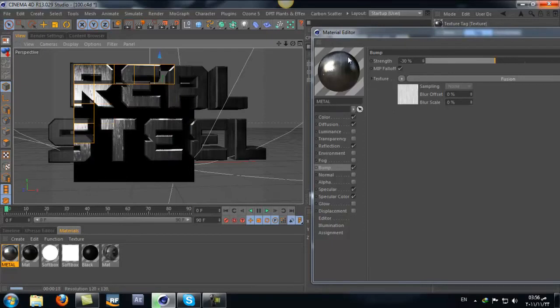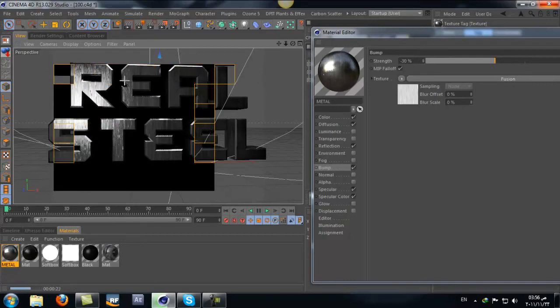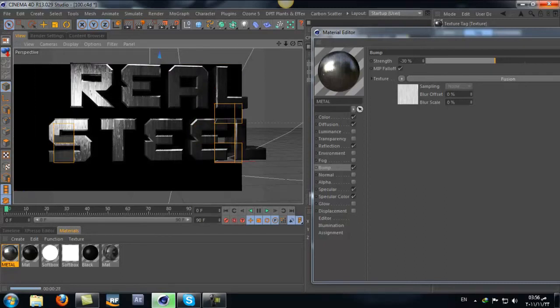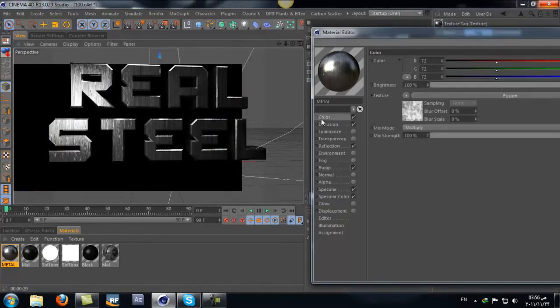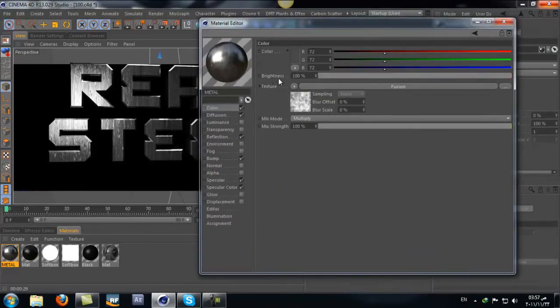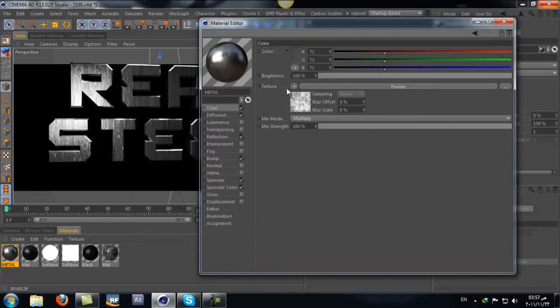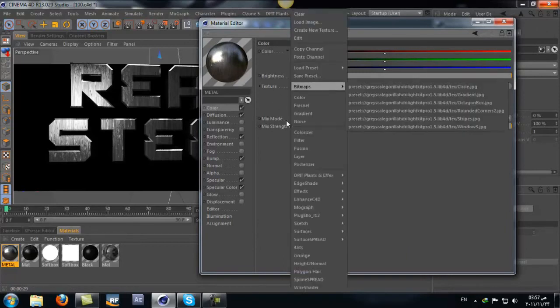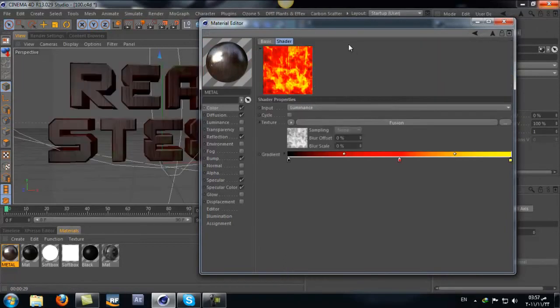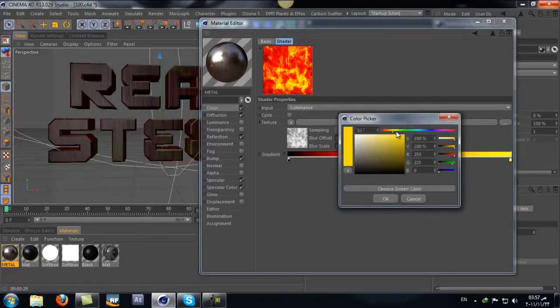And also, if you guys want more of these tutorials, I can even show you how to get some kind of rusted metal, how to layer these channels. Also if you want, I can show you how to colorize it. Also you can do this by adding in the color channel, most important, the color channel, adding colorizer, which is easy. You know about the colorizer, and we can even change it to